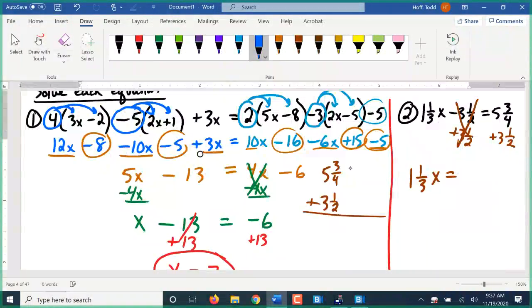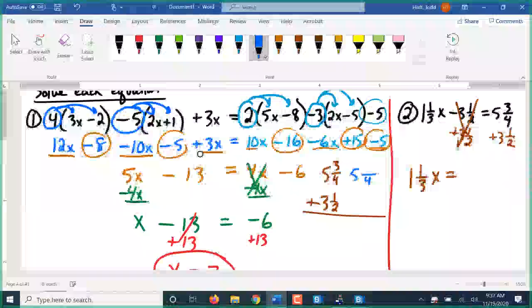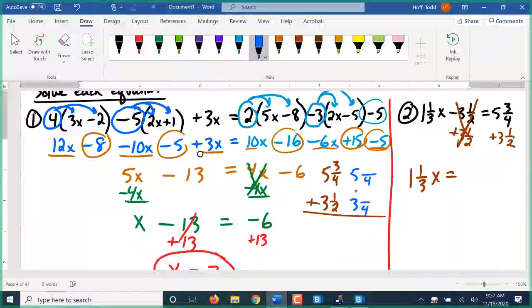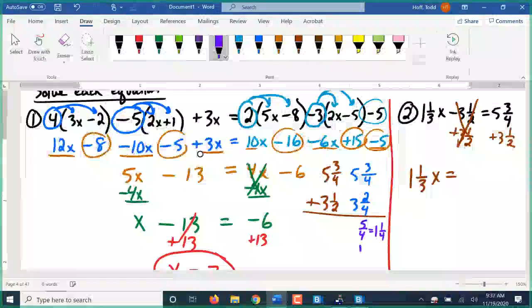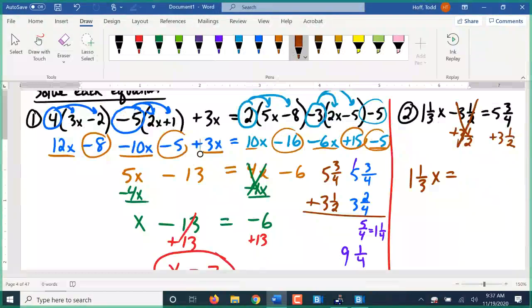We need common denominators, which is going to be 4. 1/2 becomes 2/4. 3/4 stays 3/4. We add 3 and 2 make 5/4, which is 1 1/4. So I'm going to keep the 1/4, carry the 1. 1 and 5 is 6, plus 3 is 9 and 1/4. So 1 1/3 x equals 9 and 1/4. And now my final step to solve that is going to be to divide